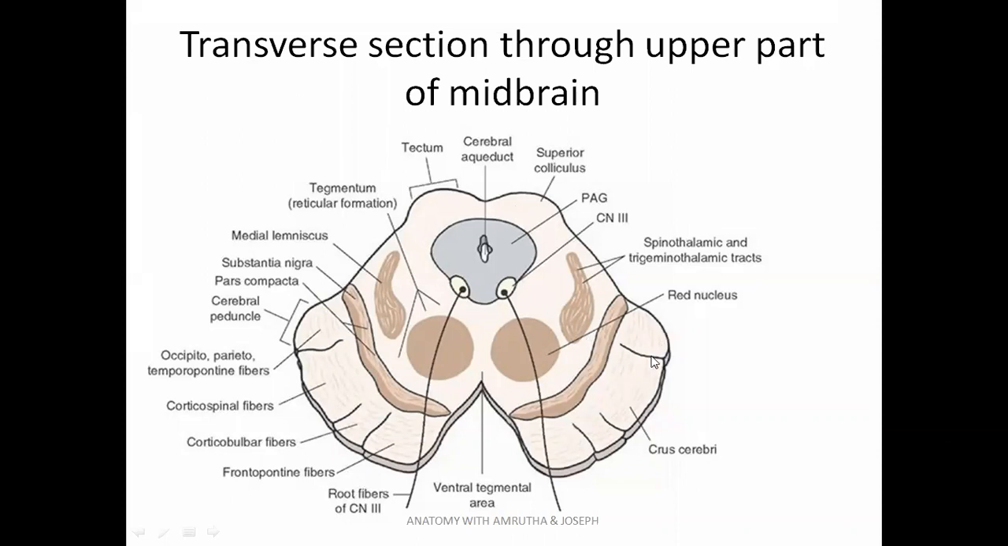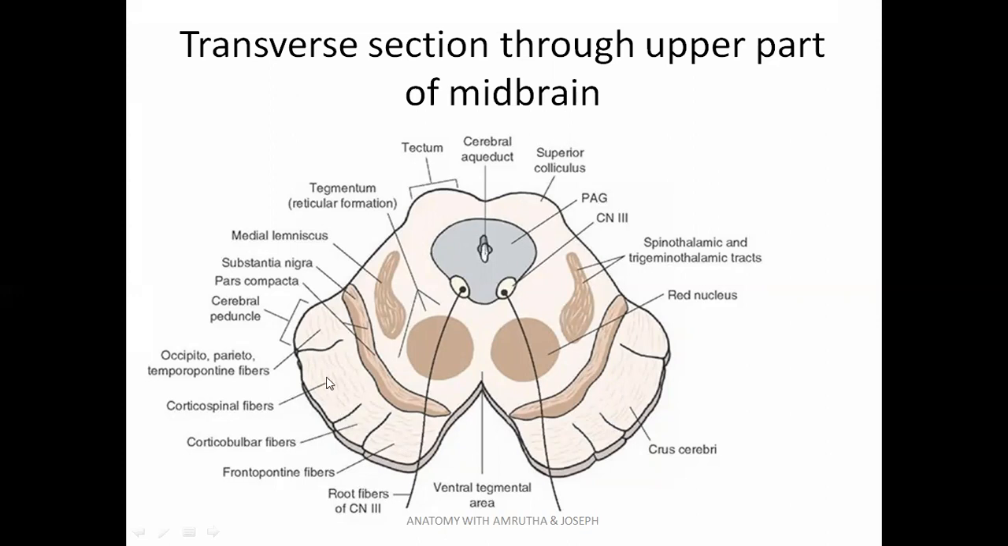This part of the midbrain is called the crus cerebri. And this area is called the tegmentum. So here there are three parts: crus cerebri, tegmentum, and the tectum, in which you can see different structures. If you look at the crus cerebri, you can see different fibers which are running in this area. As you can see, frontopontine fibers,